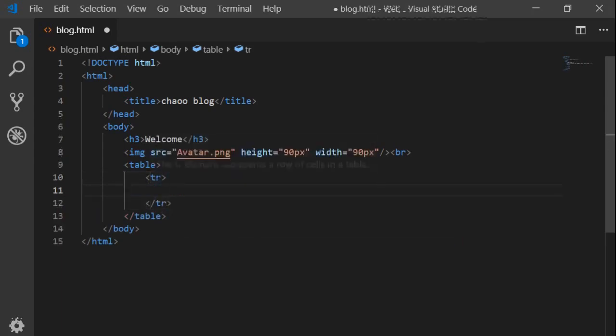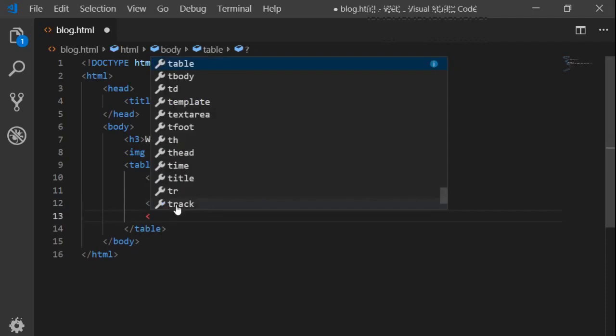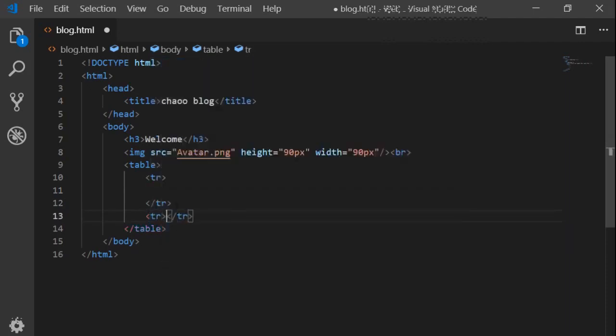So this is one row, but we want 2 rows and 2 columns. So just below the tr tag, I'm going to add another row using another tr tag,